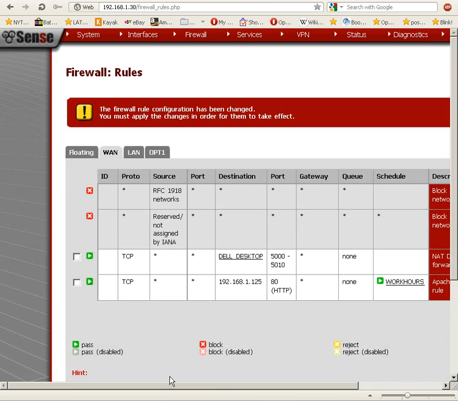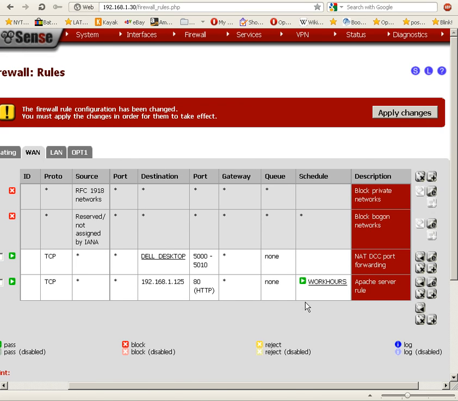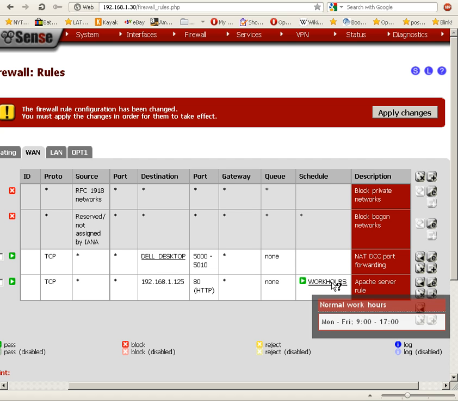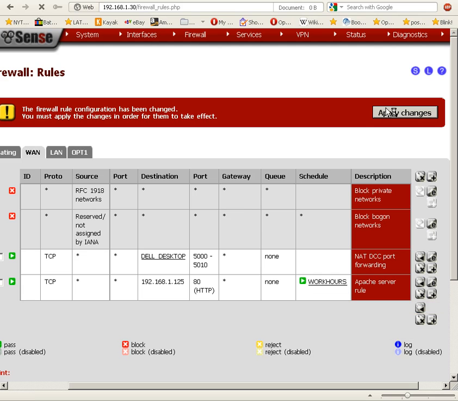And now in Firewall Rules, we see under the schedule column, it says work hours, so it'll only be in effect from 9 a.m. to 5 p.m. And we're going to apply changes to apply the changes. And now we're done with